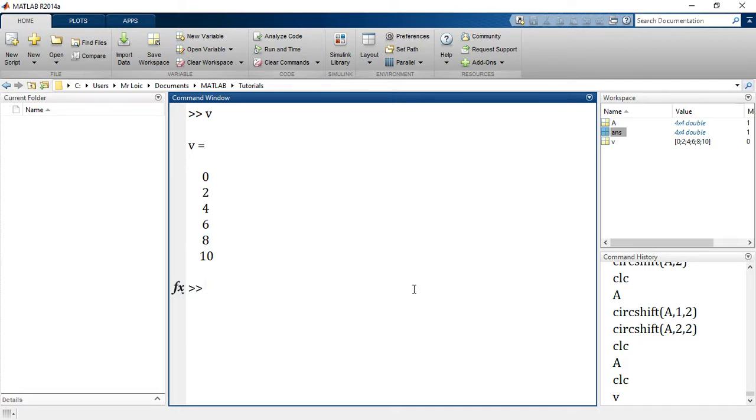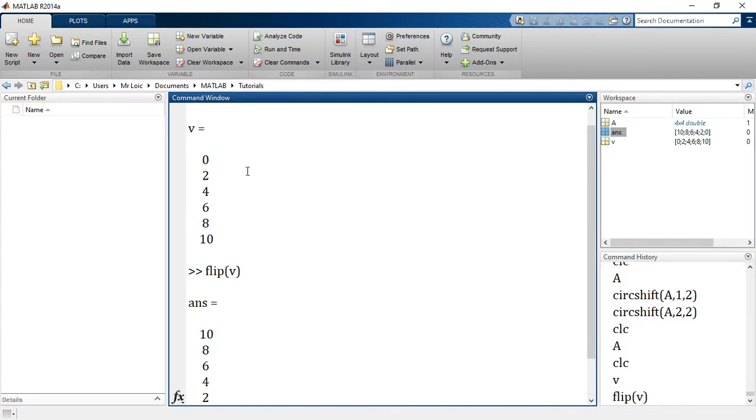So the first becomes the last, the second becomes second to the last, the third becomes third to the last. You get the idea, right? So if I say flip of V, for example, look at what happens. I had 0 to, but here now I have 10, 8.